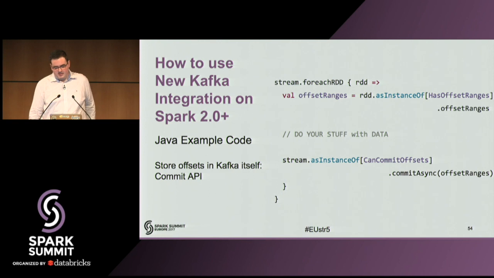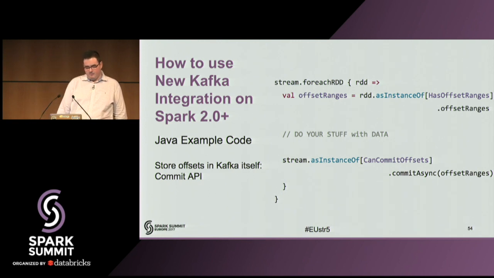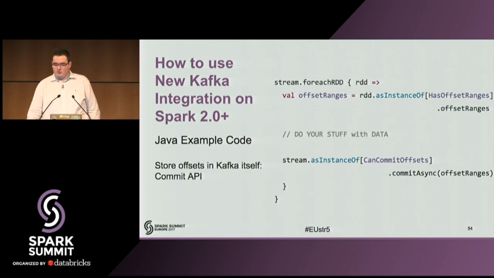Also, we can use the commit API to store the offsets to Kafka itself, but I won't recommend this since it's asynchronous and cannot guarantee the same as storing it yourself synchronously. But for some use cases, such as at most once or something like that, it can be more convenient than doing the job yourself.